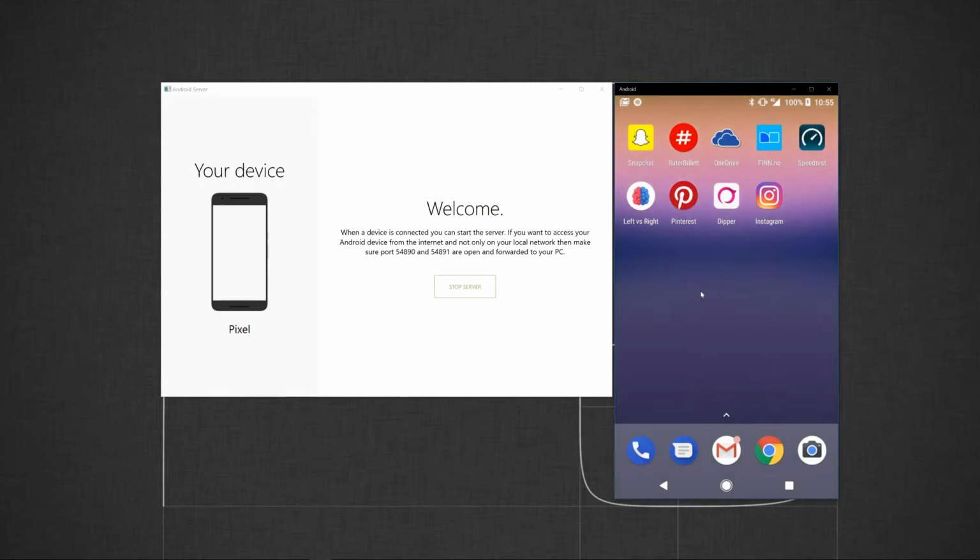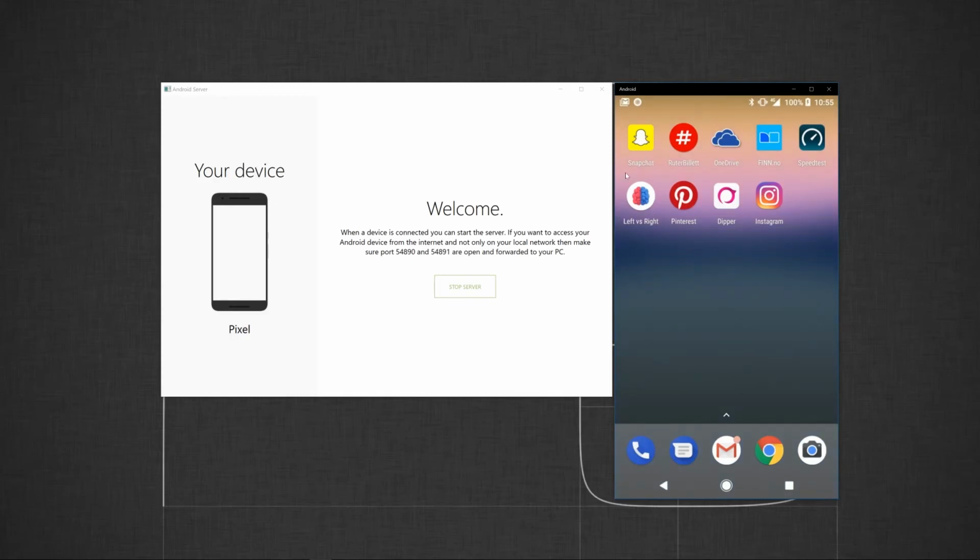Now it can be tailored to this specific experience, where if you click on a notification, it will open the Android Windows 10 app and then launch into the application itself,